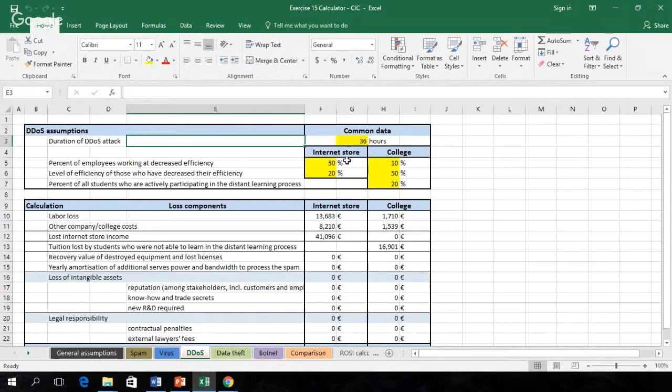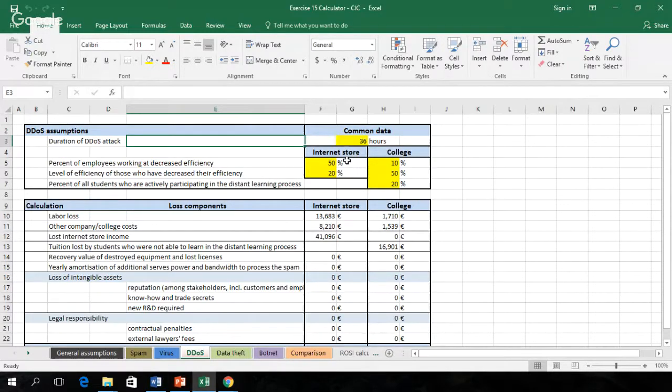Most losses for the store were connected with loss of orders, idle time of many employees, and disturbance in the backlog and just-in-time processing. The college losses were connected mostly with the idle time of a few employees and some additional workload for the